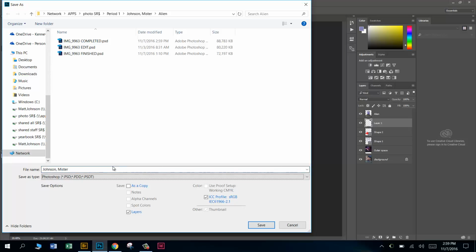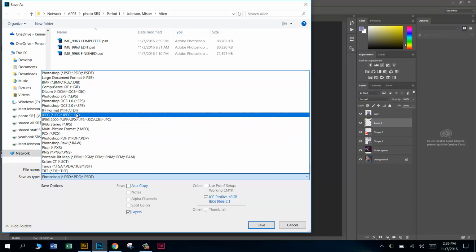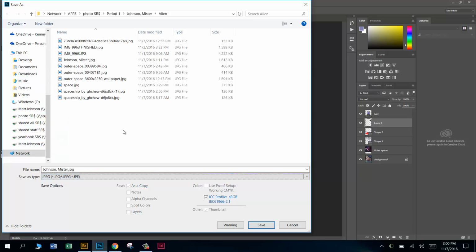so that's mine. And then make sure we change Save As Type right here to JPEG. Remember, you cannot turn in Photoshop files, either to Flickr or Canvas or any of that stuff. So we have to save it as a JPEG. But we're actually not turning this into Flickr or Canvas. You're more than welcome to upload it to Flickr, but I'm actually going to,